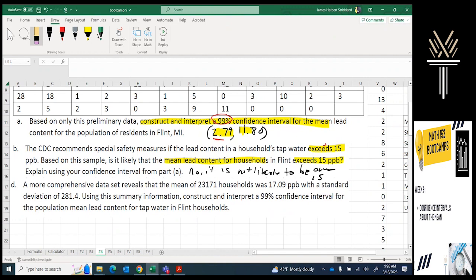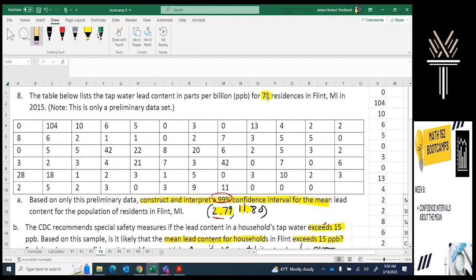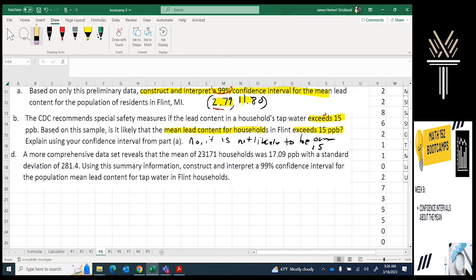Now what they did, because they said, well, that's nice and everything, but that's only 71 residents. There's a lot of people who live in Flint. So let's say we went and did a bigger sample size. We went and found this many people, or I guess samples, and recalculated everything. Now we're going to simply redo a new confidence interval and then make an interpretation based on this new problem,